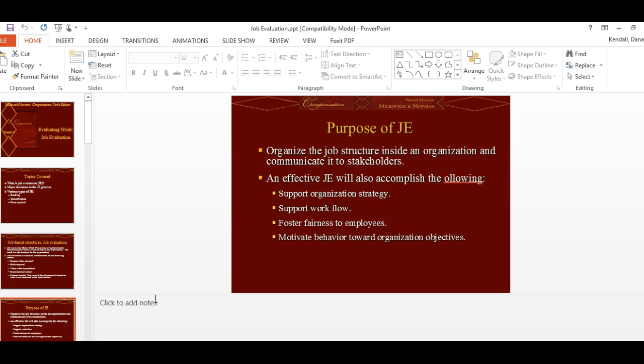So the purpose of job evaluation, again, is to organize a job structure in the organization, communicate it to stakeholders,